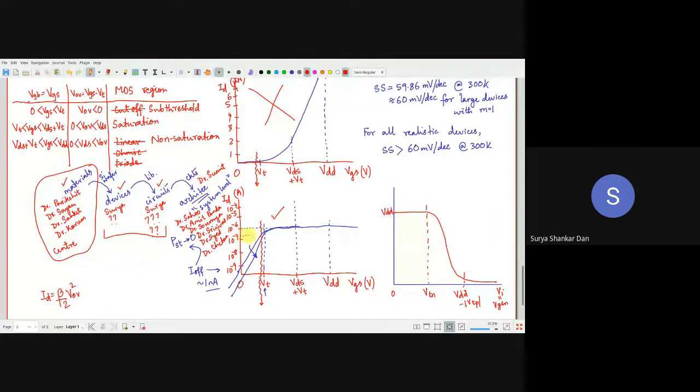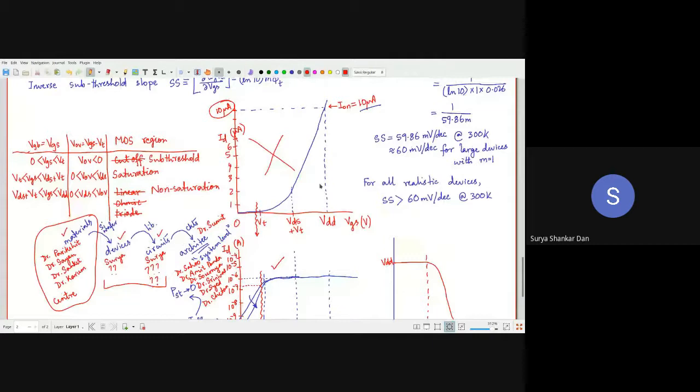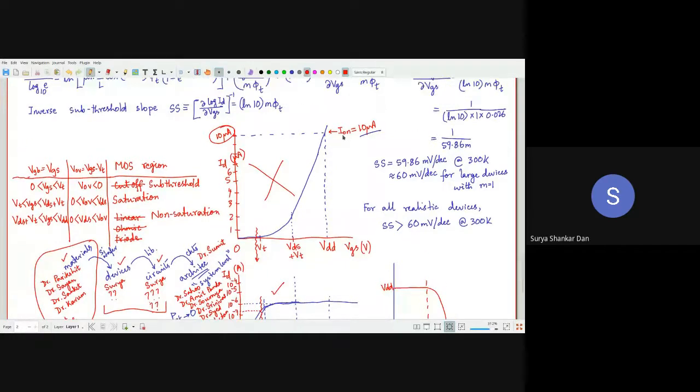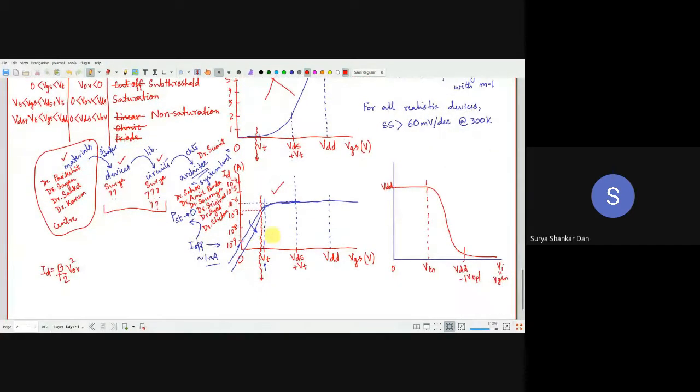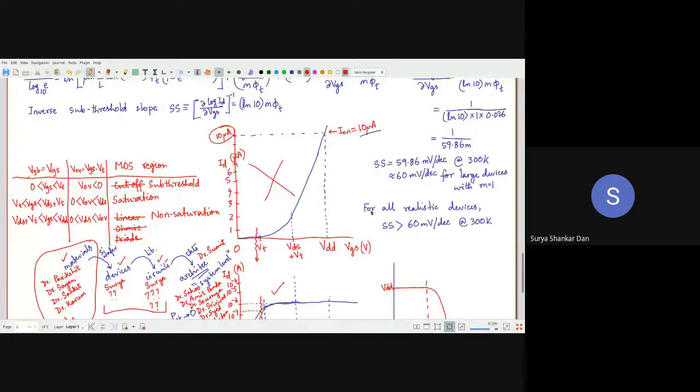as you can see, the currents will be exponentially decreasing, right? So your current will go down a lot, probably 1 order less. Okay, of course you are going to have lower power and all that. Okay, but what are the disadvantages? As I said, ion will be reduced. Like you will be using these sub-threshold designs for low frequency applications, where you do not need high frequency at all.